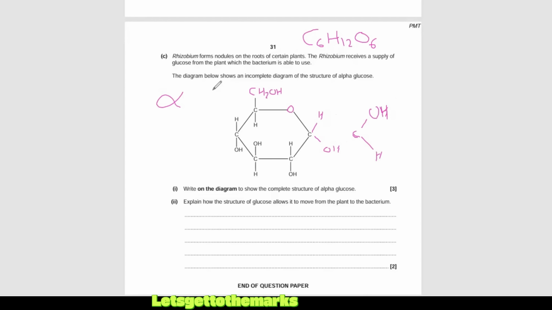Now, the way I see it, the alpha tells us that this is alpha glucose. The only difference between alpha and beta: I think of the B meaning the hydrogen is below, and the alpha, the hydrogen is above. So actually, this is the correct way. Now, certain examiners are really particular and they want to see the bond between the O and the H, so you can just try to be really careful. And there we go. This is alpha glucose. Again, the A in alpha means hydrogen above, and the B in beta means hydrogen below the carbon. And that's carbon 1, 2, 3, 4, 5, and carbon 6 is outside the ring.